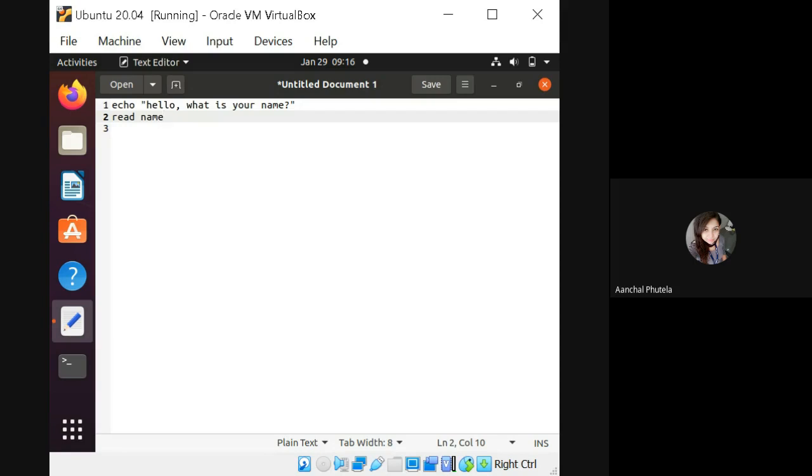The user will give any value to that name variable and that name variable will contain the value that will be given by the user, right? So मैंने name variable एक use किया जिसमें मैं user से data read कर रही हूँ as an input, but you can see that मैंने इसको पहले कहीं पे भी define नहीं किया है, right? So I'm reading a name and after that I'm using echo